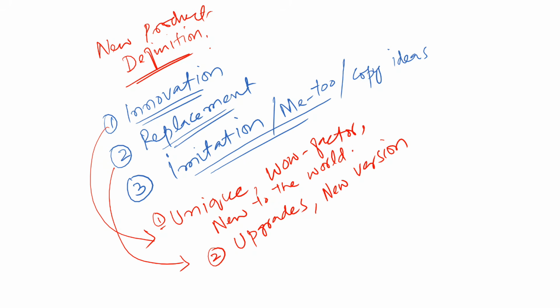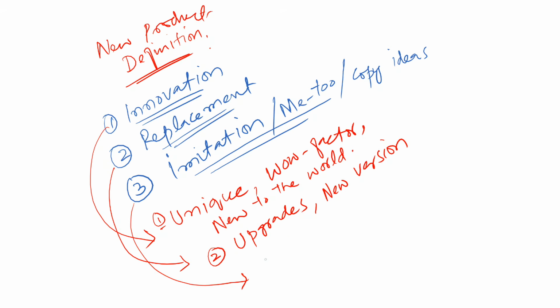It also in some books says that replacements are those products which actually totally throw away the old technology. So a good example of that would be when we used to have landline phones and the technology improved and now we have wireless phones. So the landline phones are replaced by the wireless phones or the mobile phones. And I want you to think of examples and tell me what other replacement new products are there in the market, and I'm going to ask you about it.